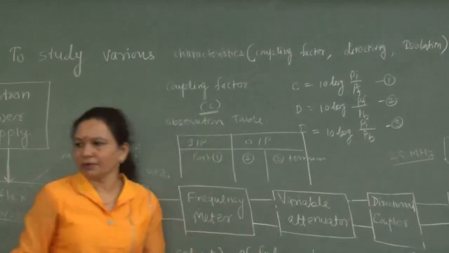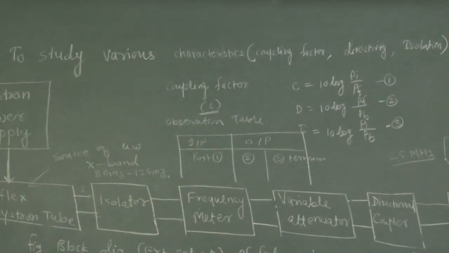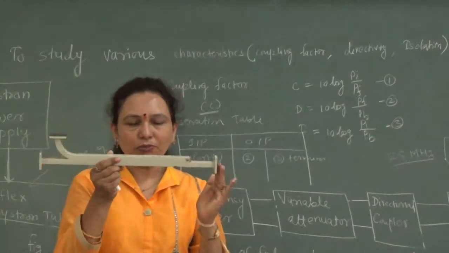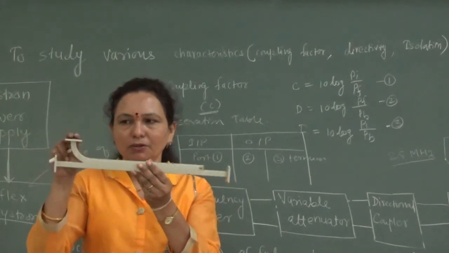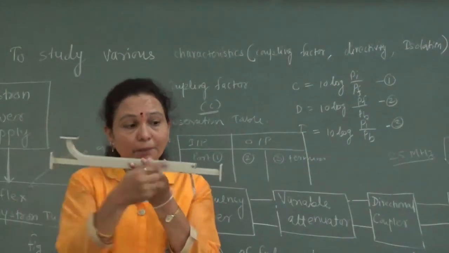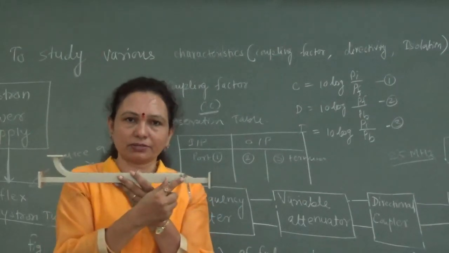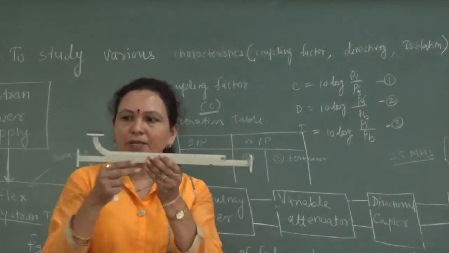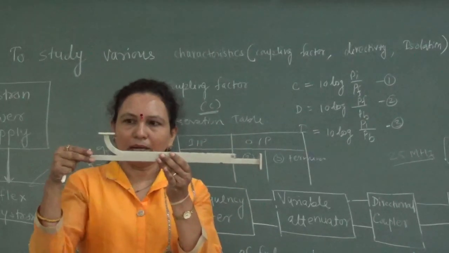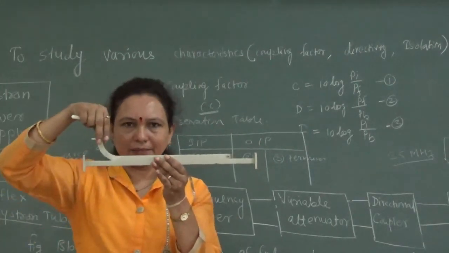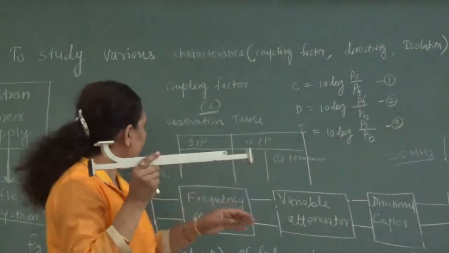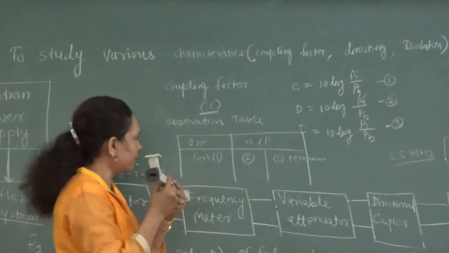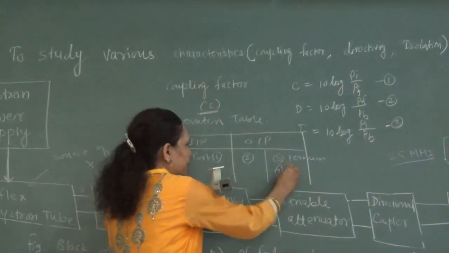Now, if you see this waveguide assembly, you will see that one port is already terminated by the manufacturer. So port 1 is there, port 2 is there, this is port 3 and this is port 4. But port 3 is already terminated by the manufacturer, so you need not worry about that. What you have to do is give input at port 1, connect your diode detector at port 2 and connect the matched termination here. That means you are giving the input at port 1, getting the output at port 2, port 3 is already terminated and port 4 we have terminated ourselves, right?